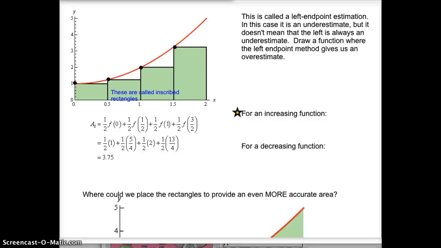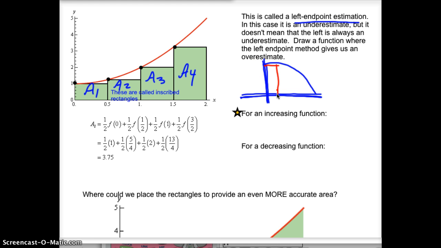So when we hit on the left, again, we have 1, 2, 3, 4 rectangles that we are going to be adding up, and this is called a left endpoint estimation. In this case, it's an underestimate. It doesn't mean it's always an underestimate on the right, though. It has to do with how the function is going up or going down. Because when you have a function that's actually decreasing and you do a left endpoint approximation,